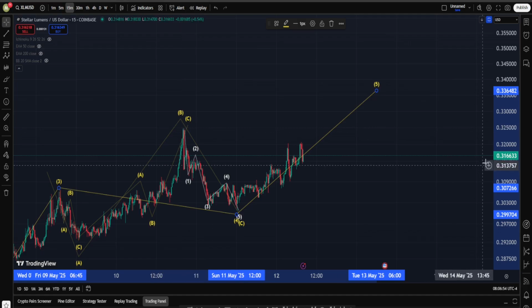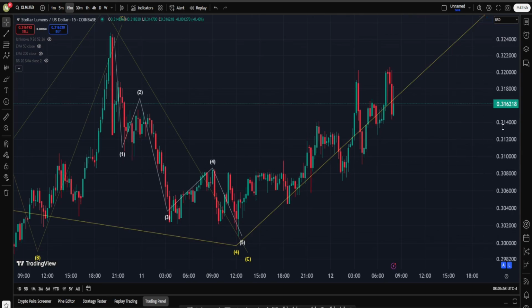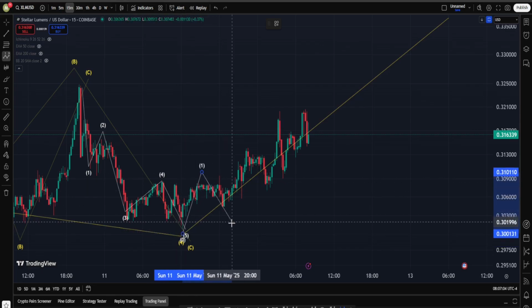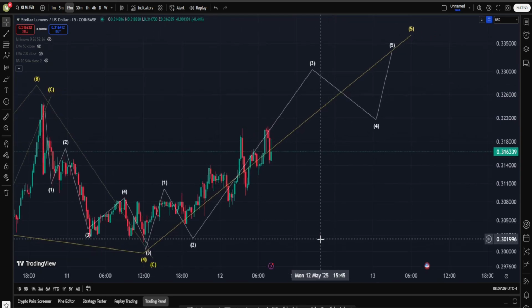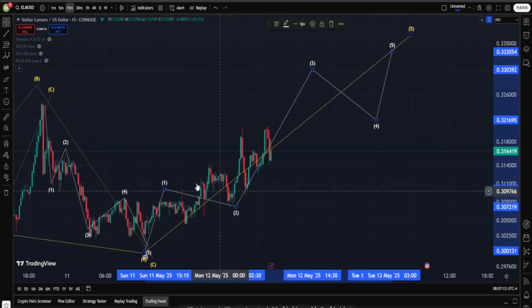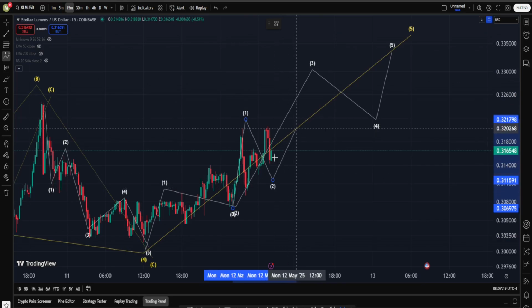But maybe we're going to go quite a bit higher than that, and let's zoom in more and see what is happening. So I think we can say maybe this is like a 1, 2, and then 3, 4, 5, and no, let's actually say the end of our wave 2 was in here, and maybe this is like an ABC running flat, and followed by that we can have another 1 and 2, but on a lower degree relative